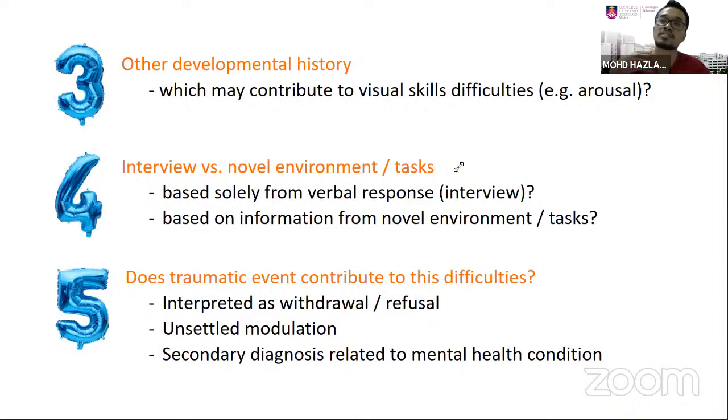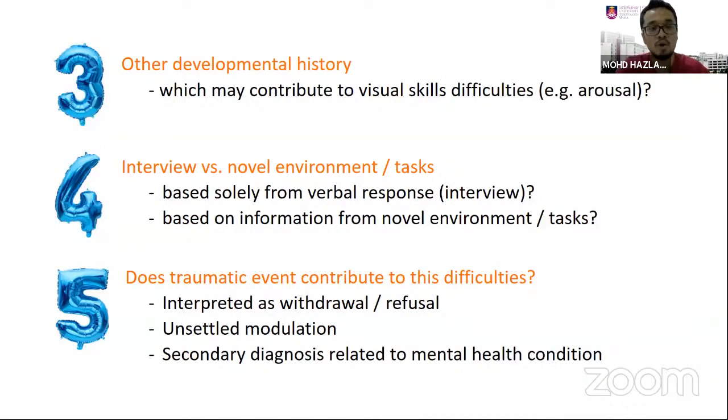If the parents say that my child doesn't want to climb these stairs, doesn't want to jump from up here to down there, doesn't want to sit on the swing, doesn't want to do homework, doesn't know how to catch this ball, I want to make sure that all this information is true. I will do it myself, and then I will clinically observe, is it really related to visual perception? You don't need to do 10 activities. You can start with 2 to 3 activities and then go further and investigate the child's condition.